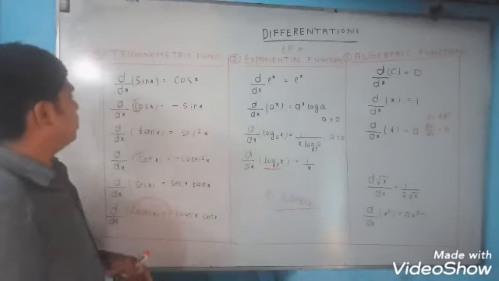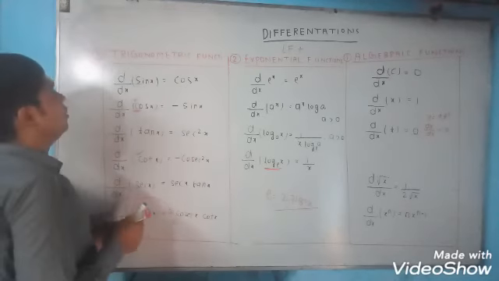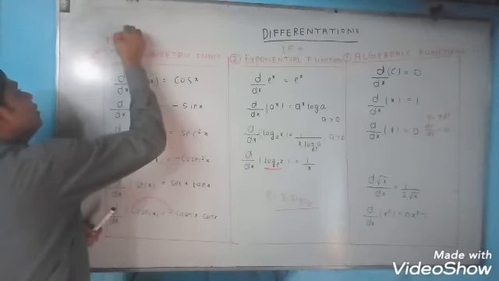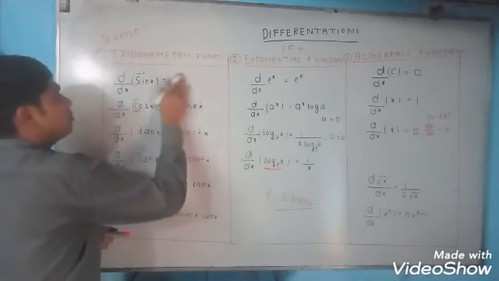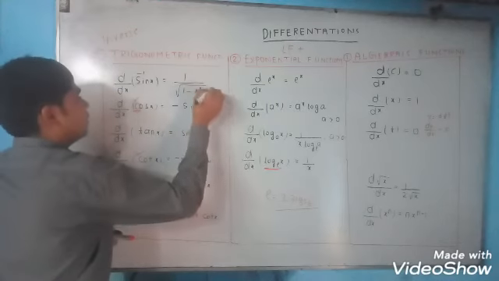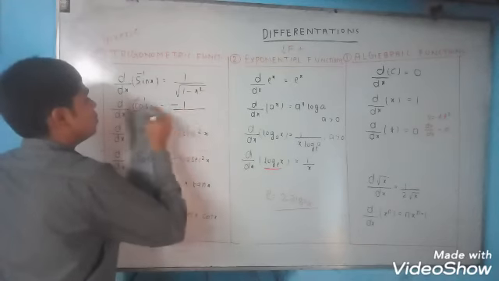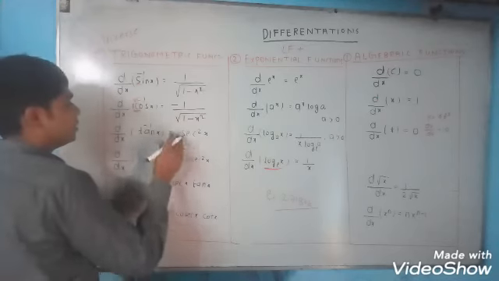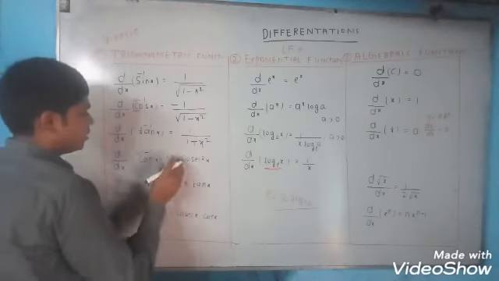Inverse trigonometric function, you can write like this way. Differentiation of sine inverse x equals 1 by root under 1 minus x square, and differentiation of cos inverse x, which starts with C, equals minus 1 by root under 1 minus x square. Differentiation of tan inverse x equals 1 by 1 plus x square, and differentiation of cot inverse x equals